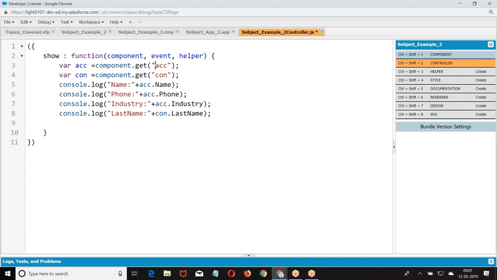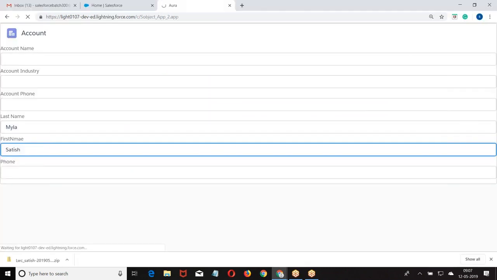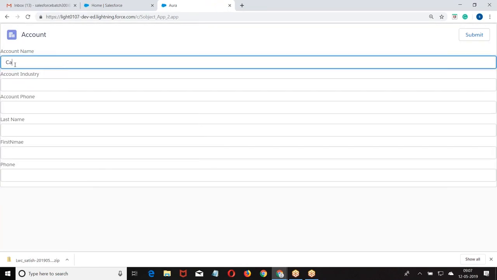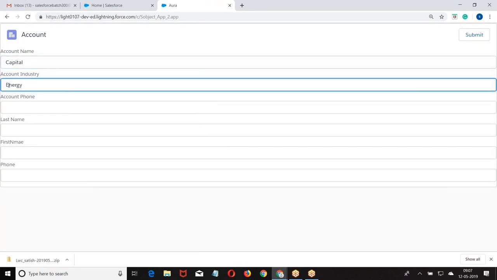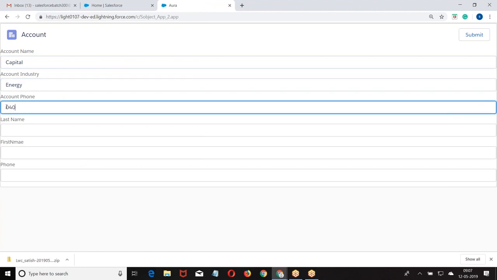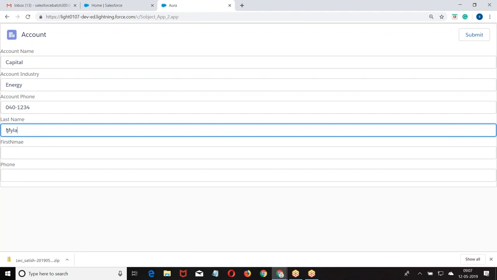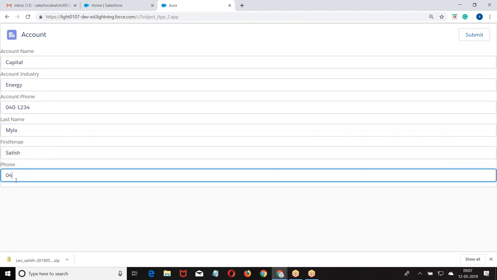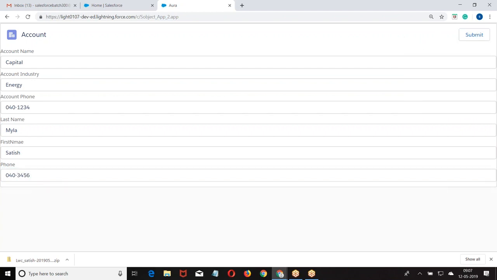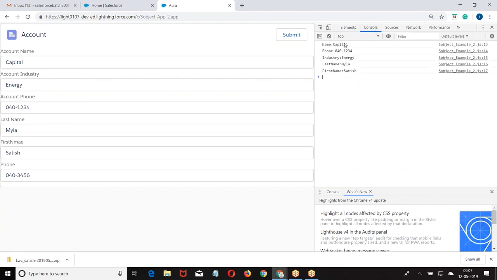For the sake of that, we are trying to understand this concept. So go to the review, going to submit. Inspect the element. This is how we are able to read the values.